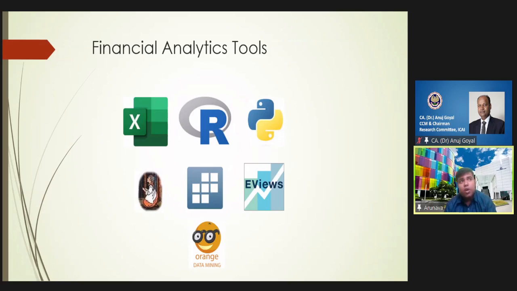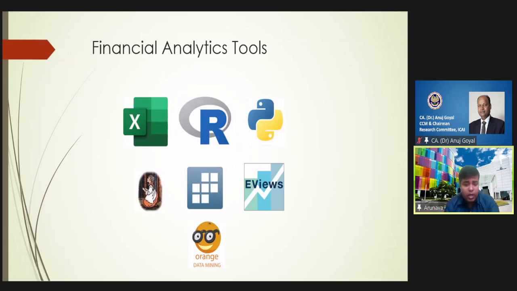But if you are a good coder and have a very vast knowledge of research, you can use R software. Python is again software where you have to write the code, but there are new versions of Python coming in where you have drop down also, like Orange. Gretl, Stata, and EViews, these are all different financial analytics softwares that we generally use for different kinds of data